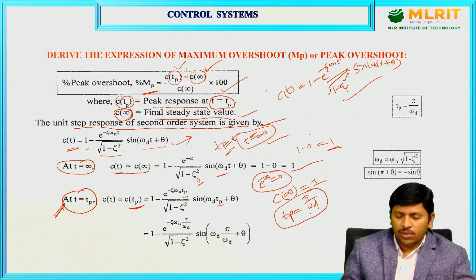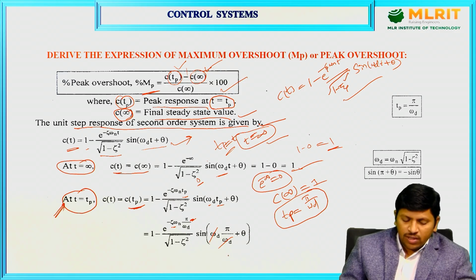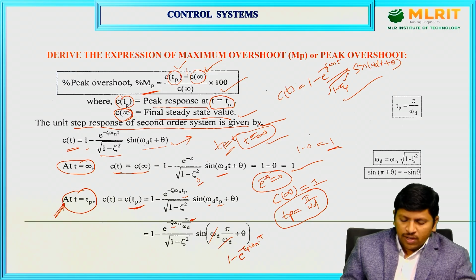Just substitute tp equals π by omega d. c(tp) equals 1 minus e power of minus zeta omega n into π by omega d, divided by under root 1 minus zeta square, into sine of omega d into π by omega d plus theta. Here omega d is already there, so tp and π by omega d both cancel, leaving sine of π plus theta. So we get 1 minus e power of minus zeta omega n π by omega d divided by under root 1 minus zeta square